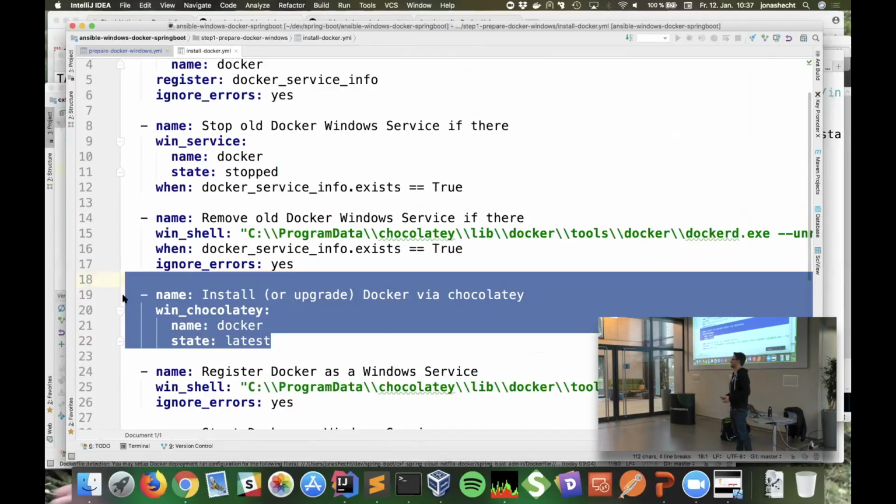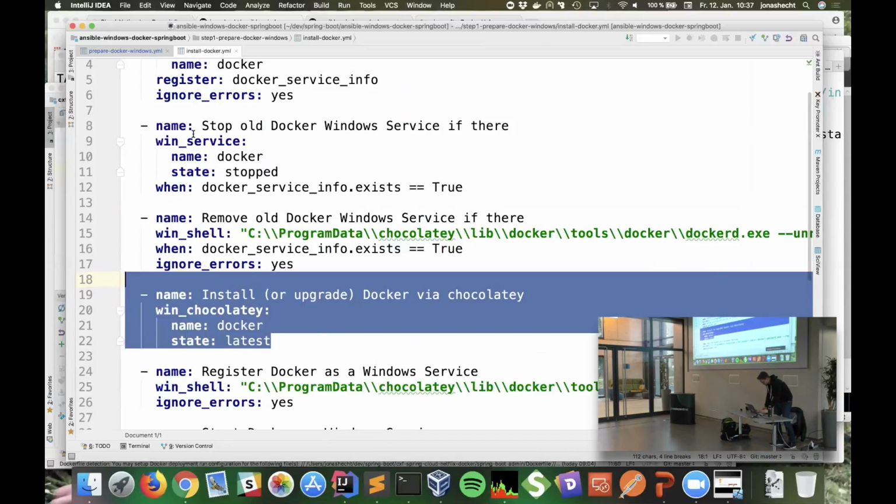No, the problem with Windows is if you have a service running an executable file and it's still running, then you can't just remove it. You have to first stop the service, deregister it, then install the new Docker version, then register the service again, and then start the service. So a few more steps to take, but it's no problem with Ansible.